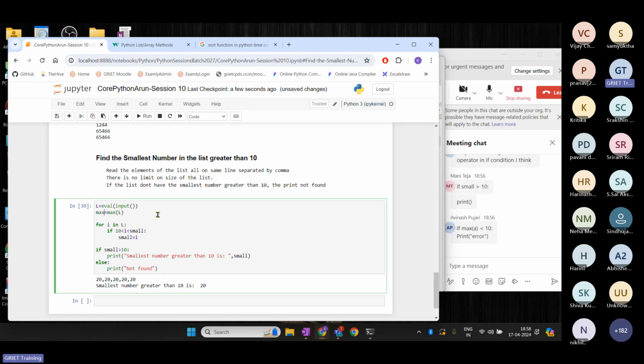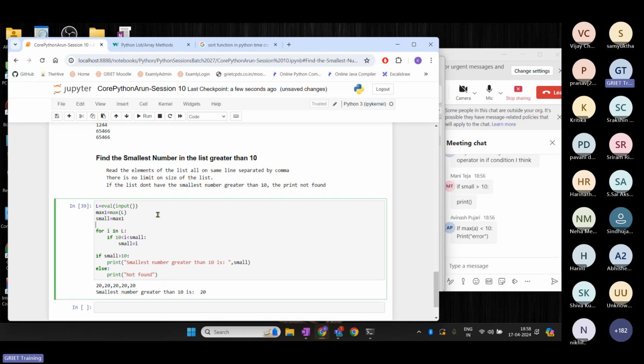I'll try to make it as max one equal to max one. Then I'll use flag equal to false. Okay. So then inside the loop,